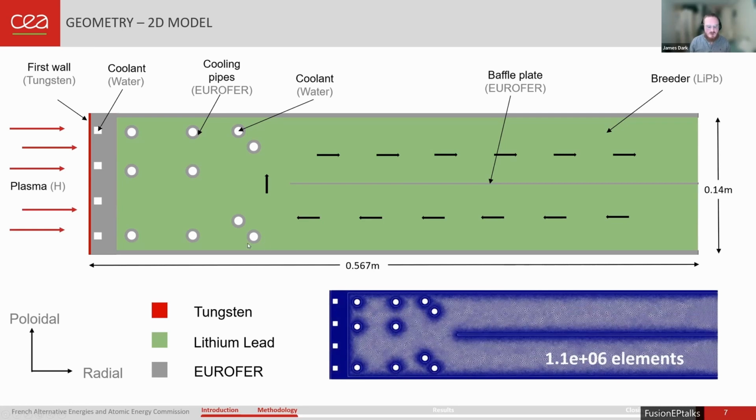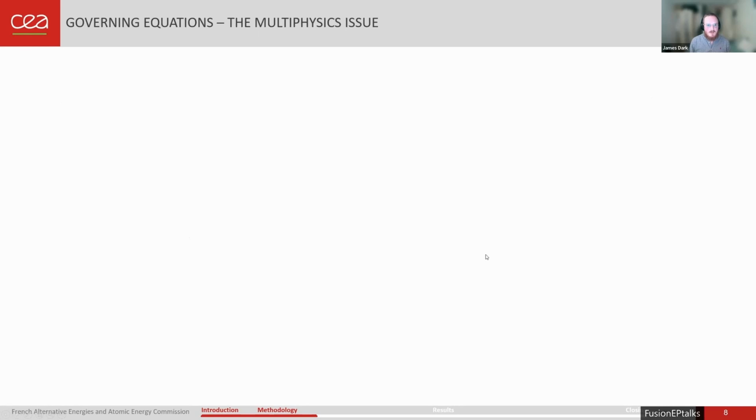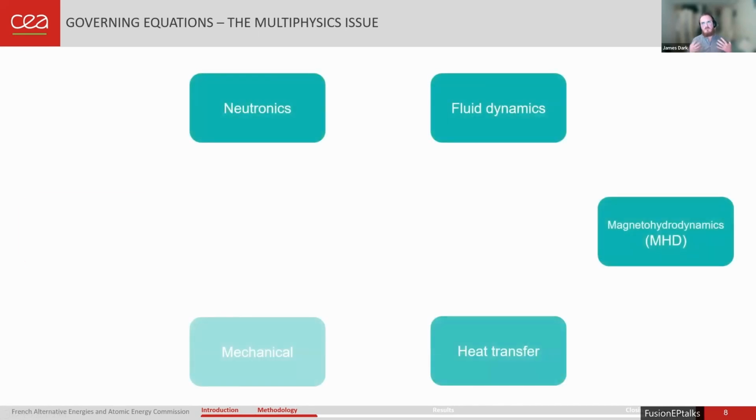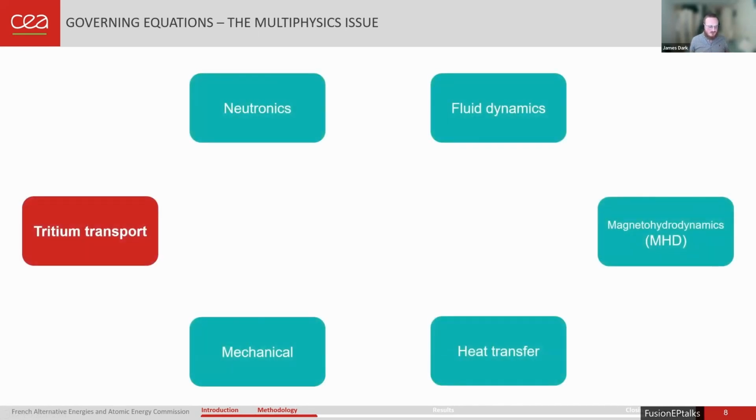Obviously, when looking at the tritium transport, we're most interested in the behavior of what's happening in the structure. So that's where we have our densest mesh here, all around the structural sides. When we're modeling breeder blankets, it's a very difficult task because there are so many different physics at play. And so you have to consider what physics you are going to include and how they interact with each other. Because obviously neutronics is the cornerstone of all simulation to do with fusion reactors,